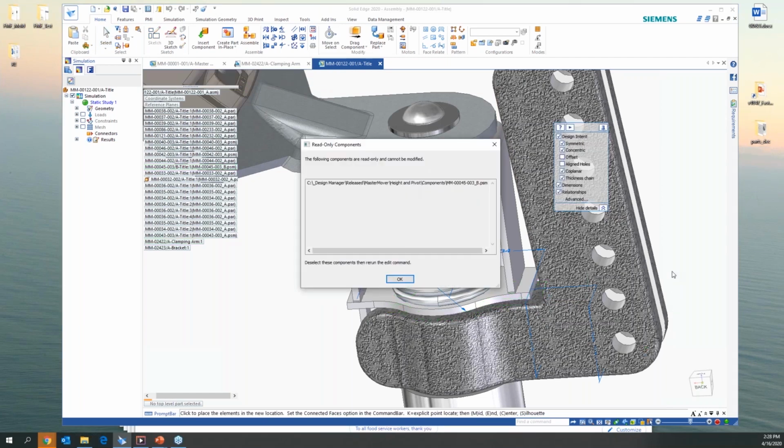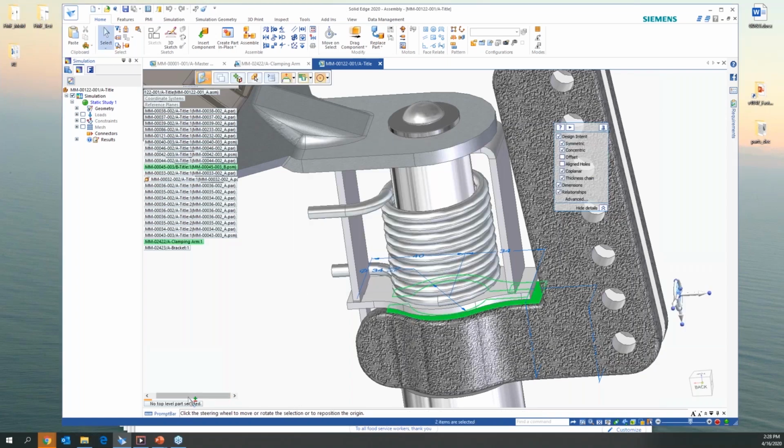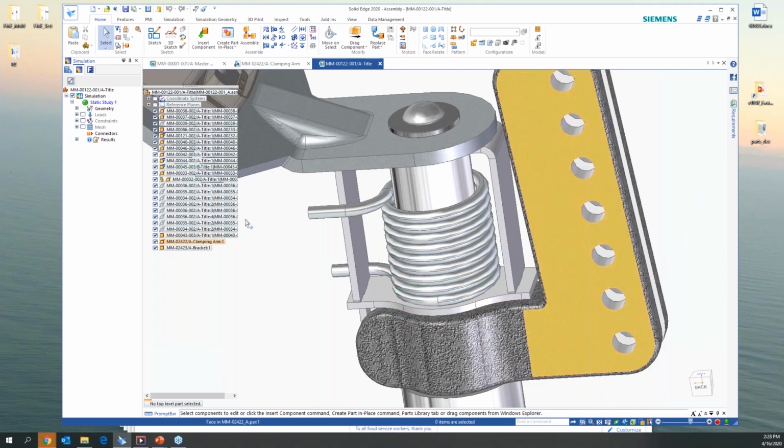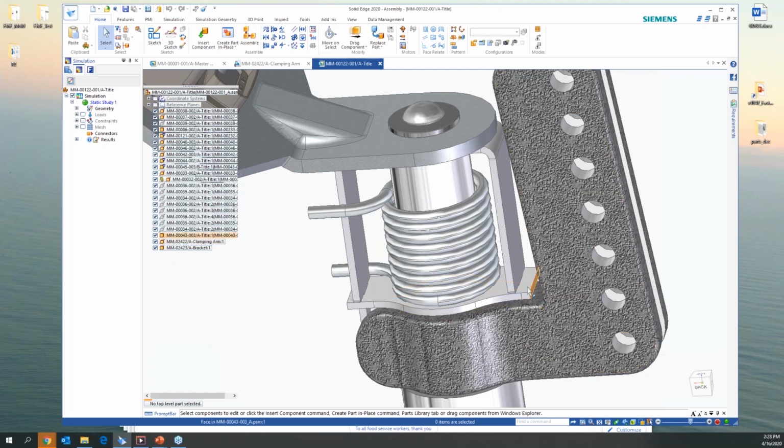But if you notice, I'm getting an error message because, remember I said earlier, I'm using a data management tool. This data management tool is telling me, hey, this part is actually checked out. So I'm going to say okay to this. I'm going to scroll back over. Here's my part. So if I pick this one part here,